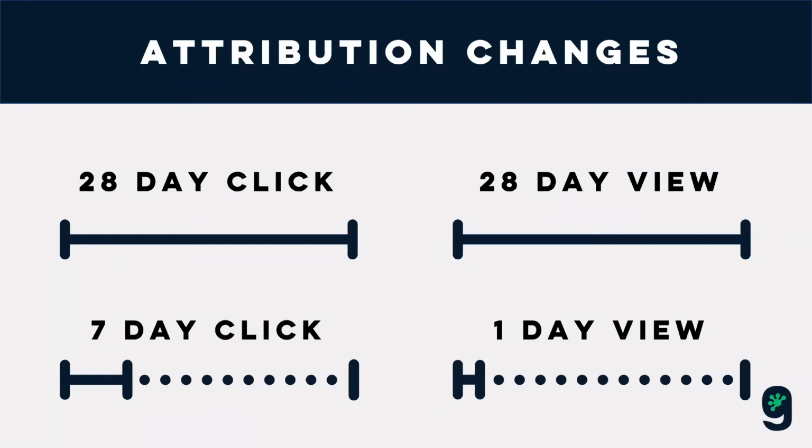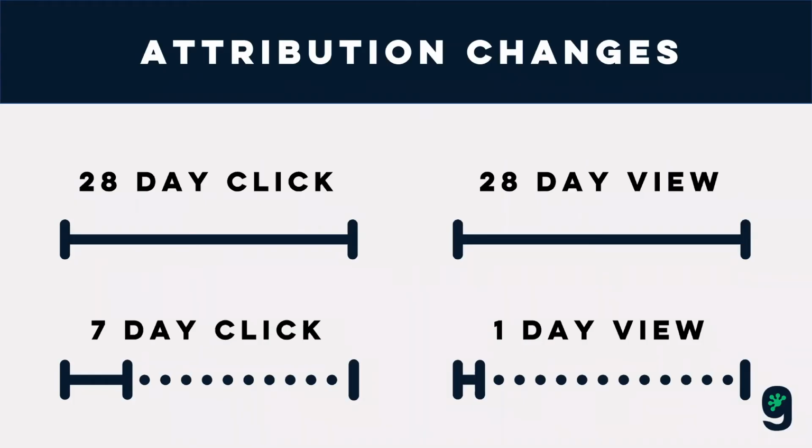So if we're looking at this image on screen, the top row represents the previous attribution windows, which were a maximum of 28-day click and 28-day view, meaning that someone would be tracked for 28 days after they clicked on your ad, or if they viewed your ad and then later converted via another channel such as direct search or email. And then the new attribution is the bottom row, which shows the decrease in data based on the new window of just being 7-day click and 1-day view.